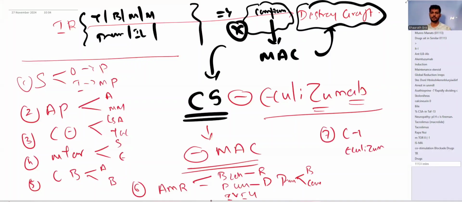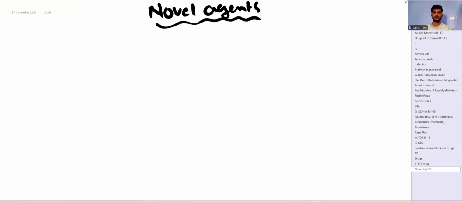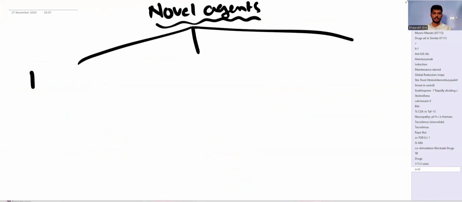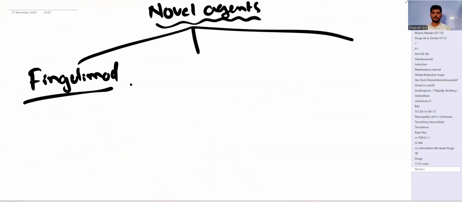Right? So these are all the various drugs with their actions and side effect profile that can be used in the maintenance space. Now there are certain newer drugs which are called novel agents. They are successful in studies, but they have not yet become a part of the standard regimen. So these three drugs would be fingolimod or tofacitinib